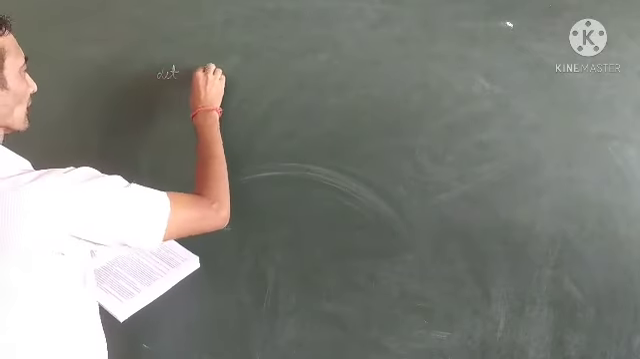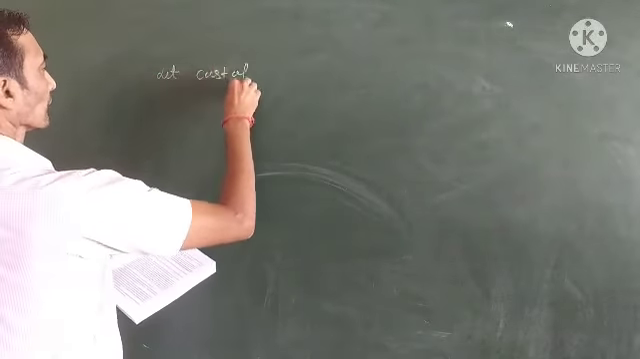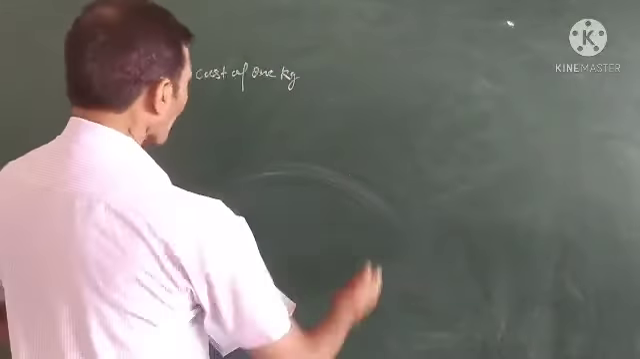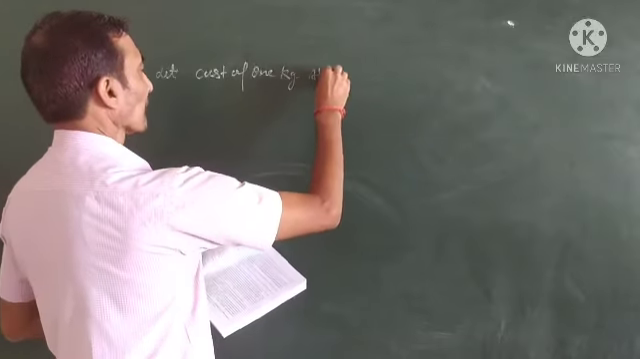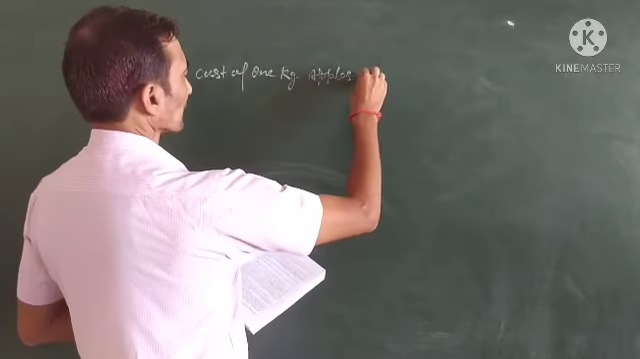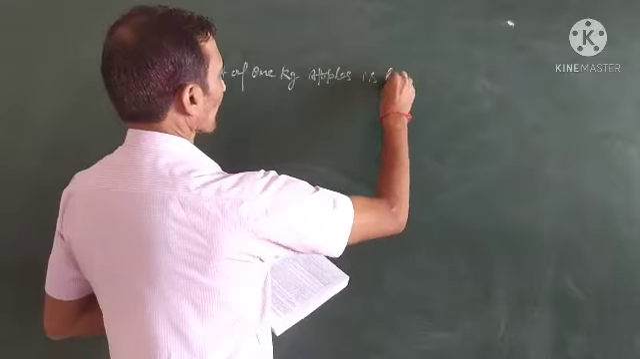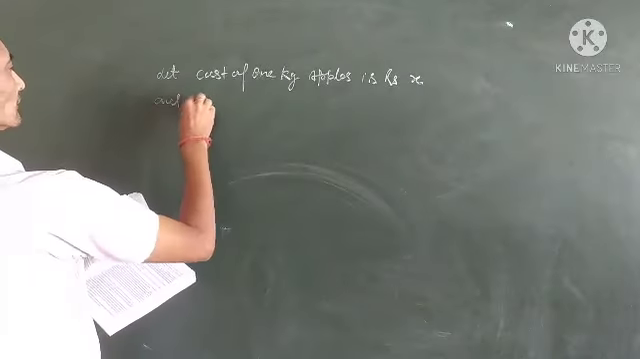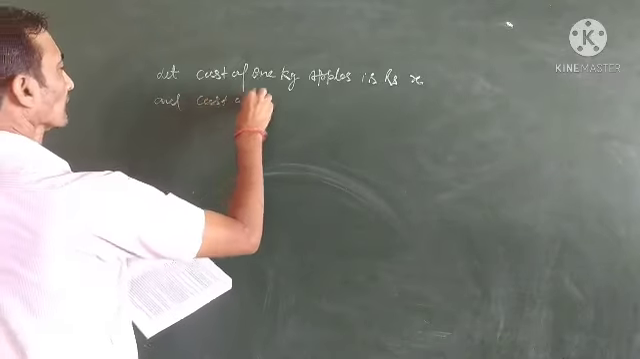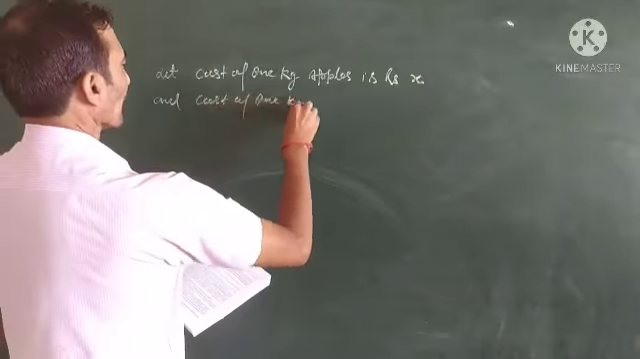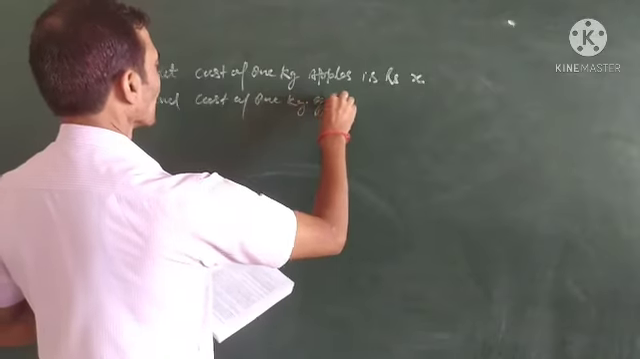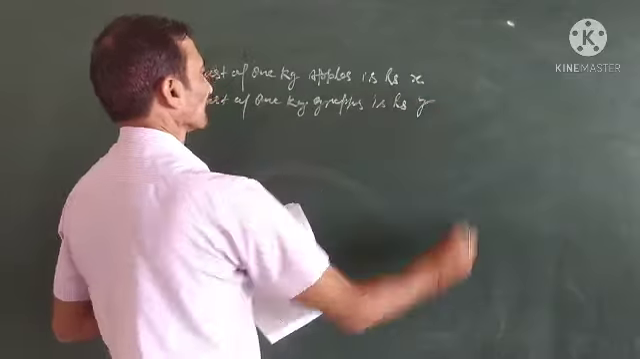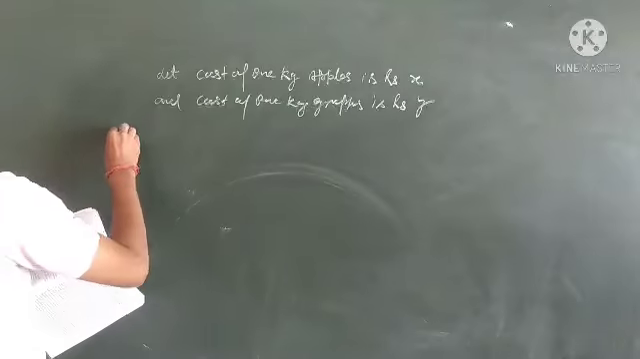Let the cost of 1 kg apples be Rs x and the cost of 1 kg grapes be Rs y. Therefore,